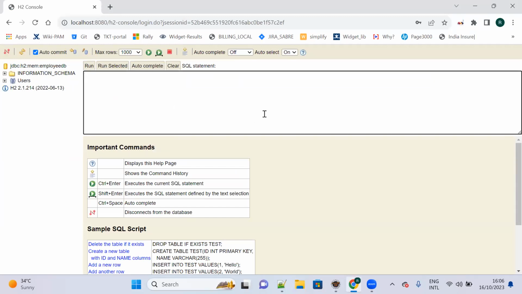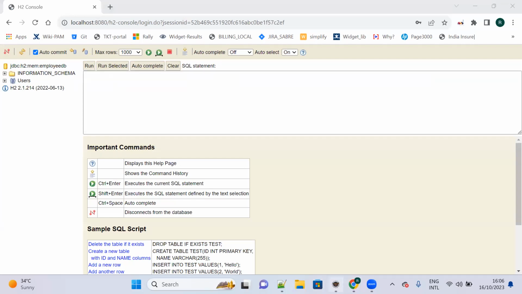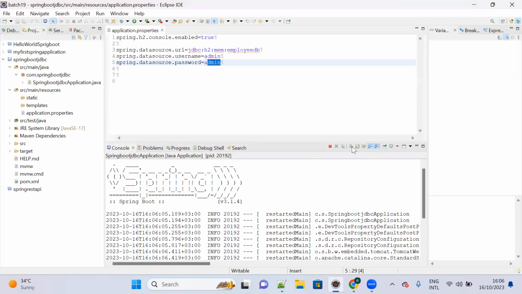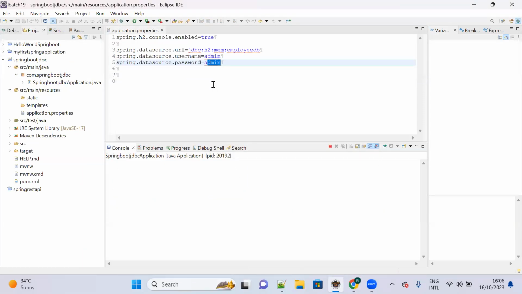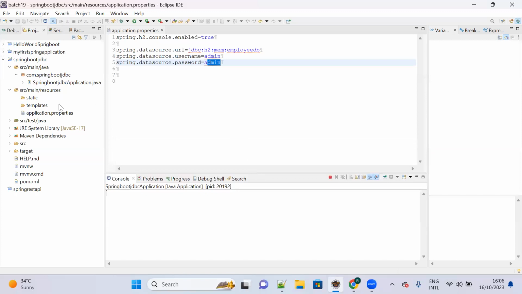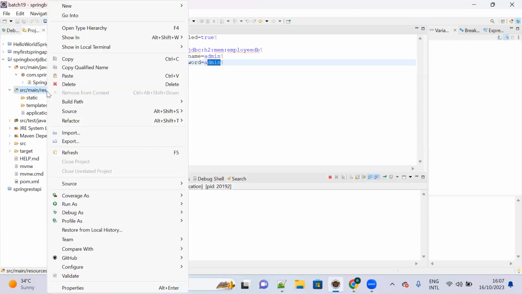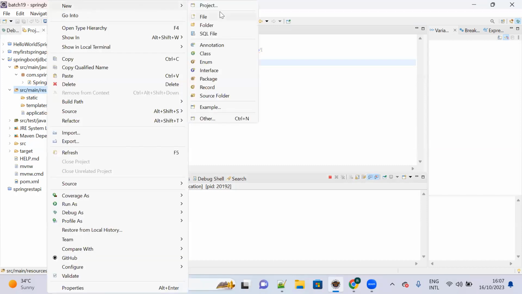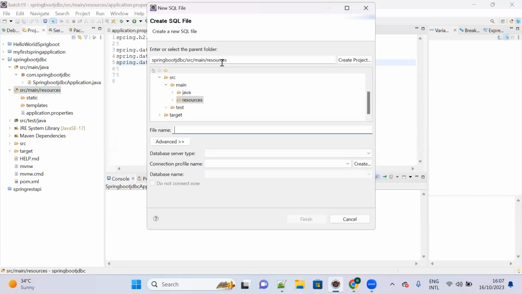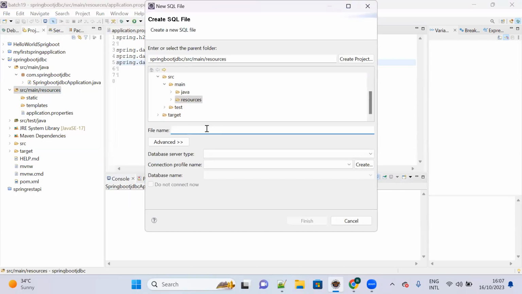Now we need to create the table. To persist the data, we need to create the table in the H2 database. To create the table in the H2 in-memory database, we need to create one SQL file in the resources folder. So in the src resources folder, right click, click on New, then generate an SQL file, and name it